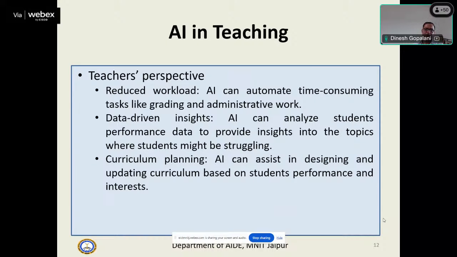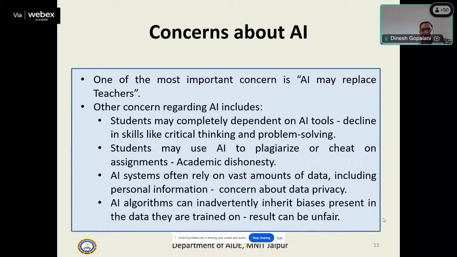And planning of curriculum also, AI can help in designing and updating the curriculum based on students performance and feedback actually, based on their interest, because we can get their feedbacks, and based on that curriculum can be redesigned actually. Now